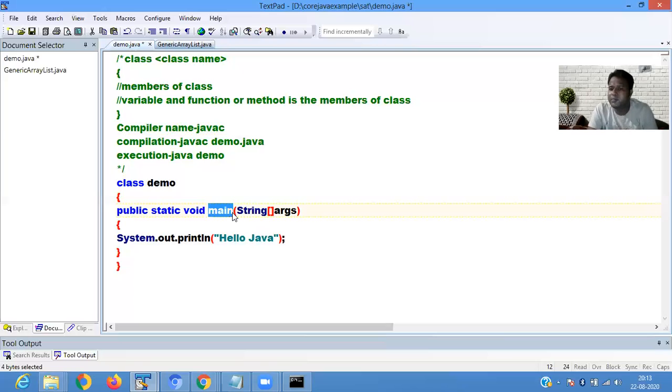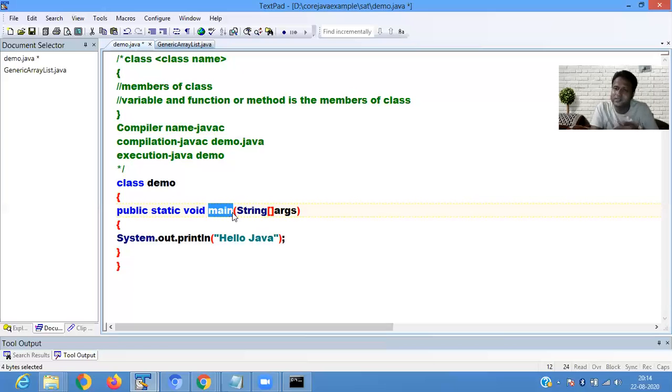Then why do you write public? When you define the main method as public, it can be run or accessed anywhere. Okay, because all the processing happens in the main method. If you give a restriction, then other programs cannot access it. When you are writing a program, it is not possible for a single person, as we are using the object orientation concept. They have to develop the entire program.